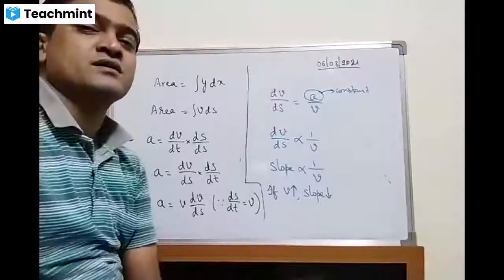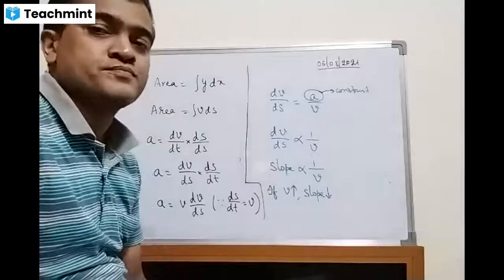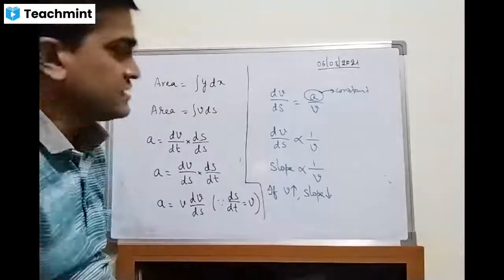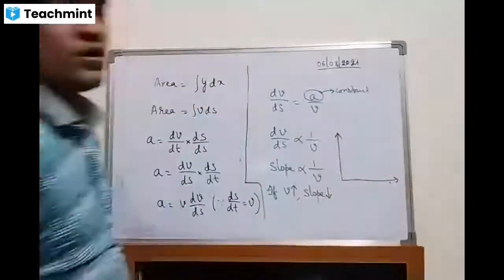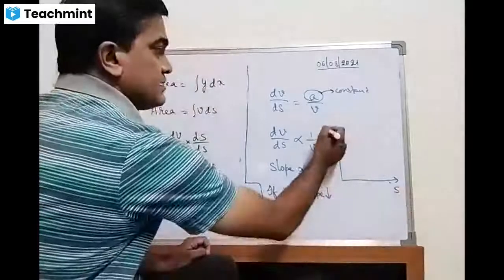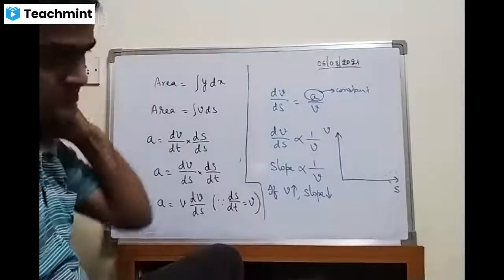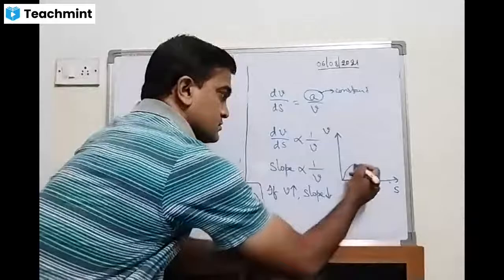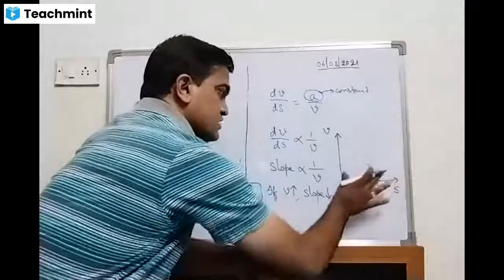Do you remember in which graph you will find decreasing slope? Fourth graph, sir. That means if you plot a graph for displacement and velocity, and a I have taken as constant, the fourth graph looks like this. This is how.